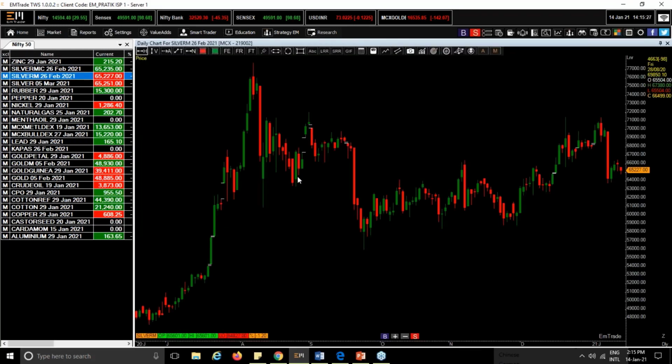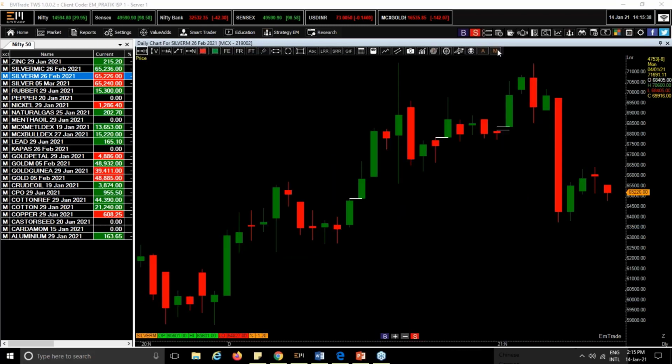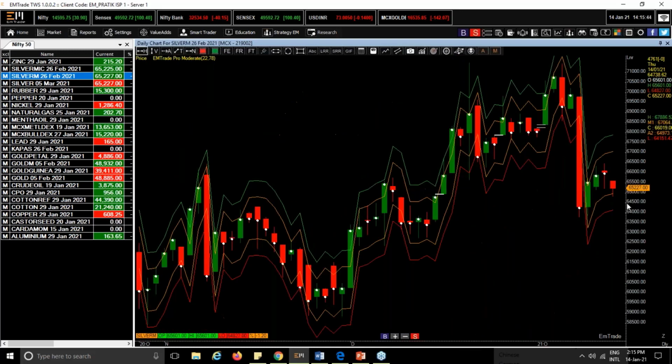How does this exactly work? So this MTrade Pro moderate indicator generates 4 lines. So we have the option of 4 lines along with the 4 bands. If on your screen there is a small icon, and I click on that icon, those 4 bands are plotted on your screen. That's very simple.